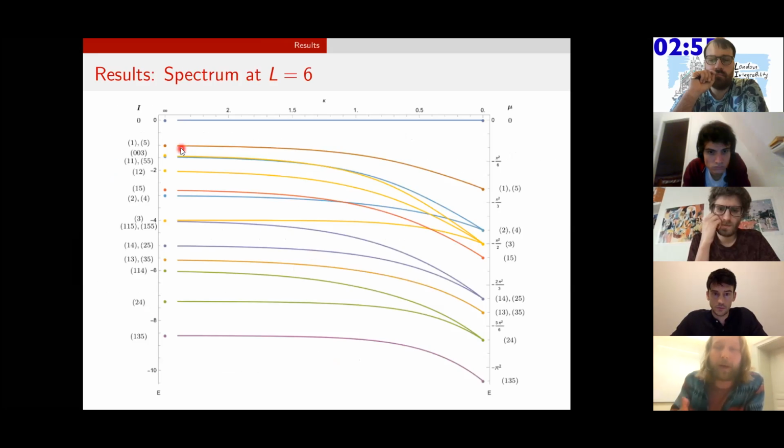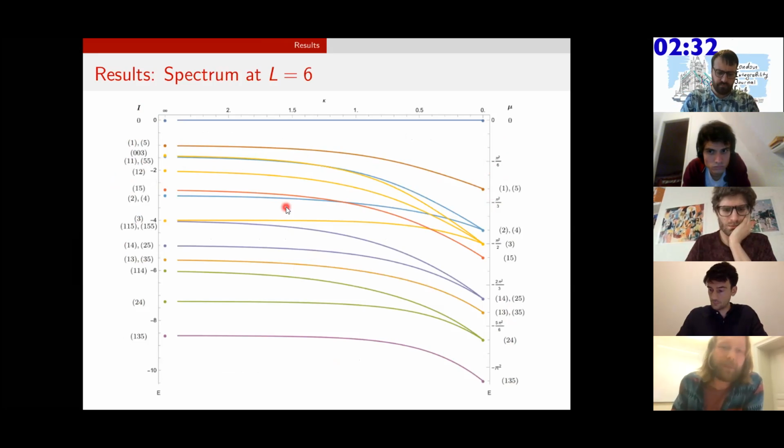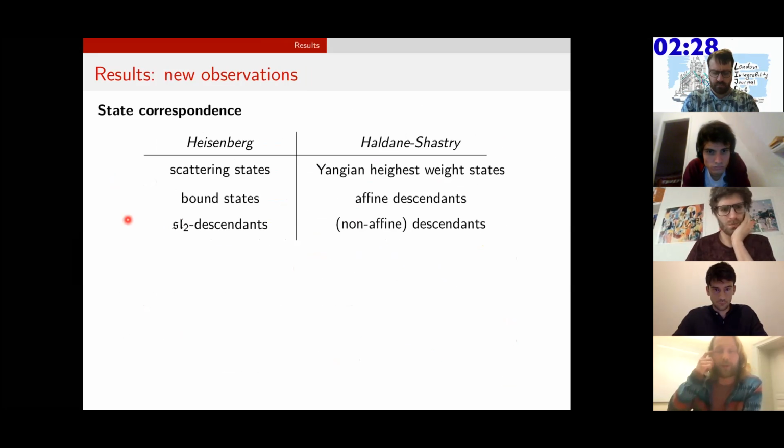And now I can basically do whatever I want. For example, I can find the spectrum. It's for 6 particles, although I could have also chosen more particles, but this is just easier to see. And I can really trace multiplets of the Heisenberg system, which are labeled by the Bethe counting numbers, all the way to the eigenfunctions, to the multiplets labeled by motifs in the Haldane-Shastry spin chain, where these multiplets are Yangian highest weight states. And this is very interesting.